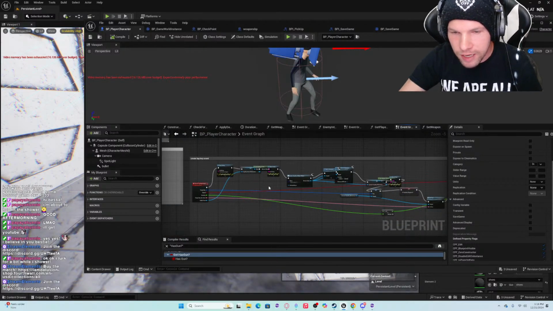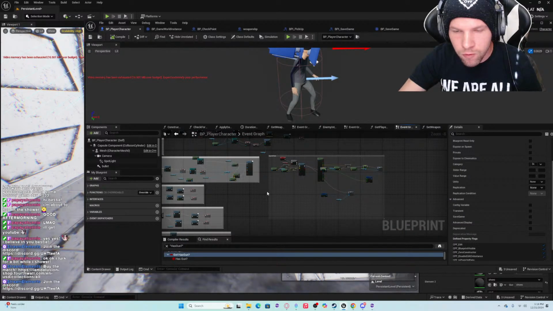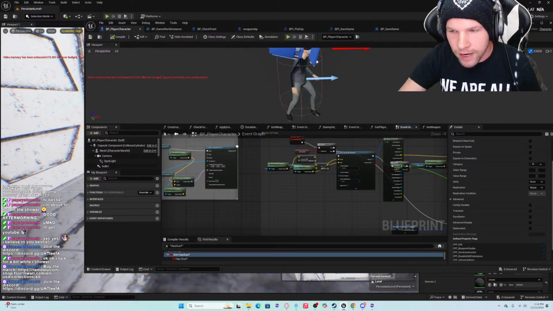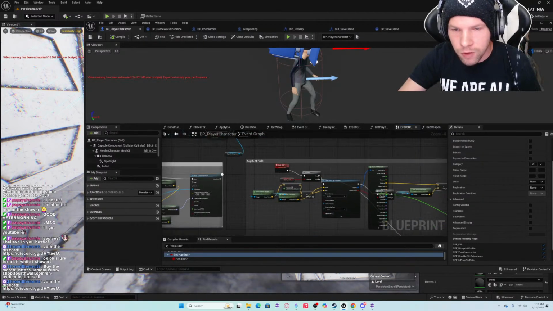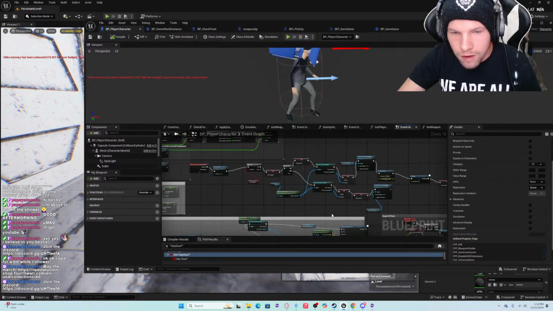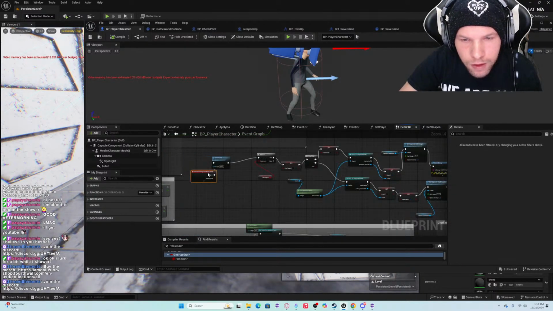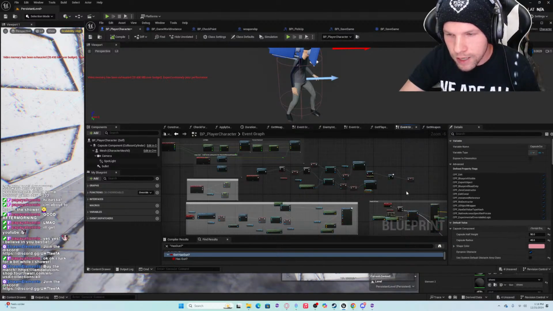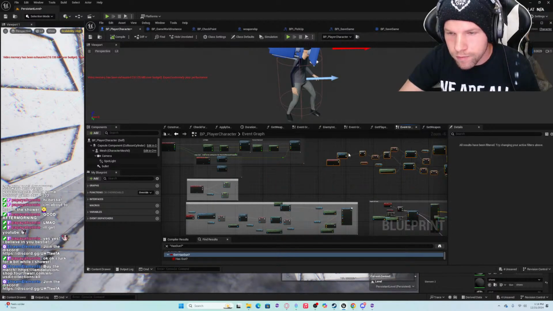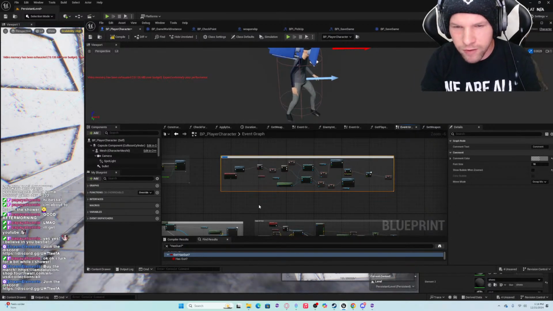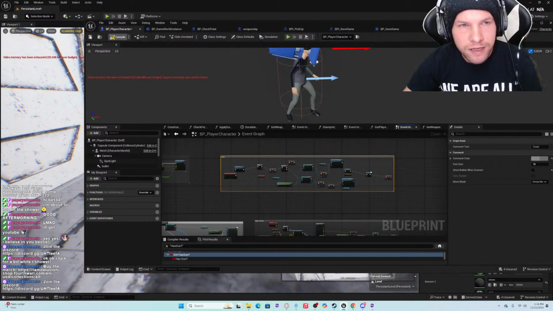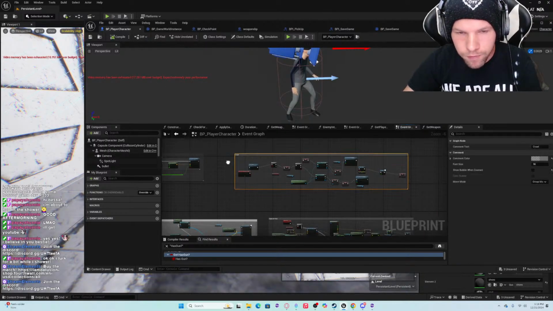So that's that figured out. This is for the quick time event. Not worried about that. That works fine. This is our automatic depth of field. That works great. Love it. So this is actually a mechanic that I was gonna use, but ended up feeling kind of redundant, I guess. It just wasn't working right. But I'm gonna keep it just in case I figure something out with it.